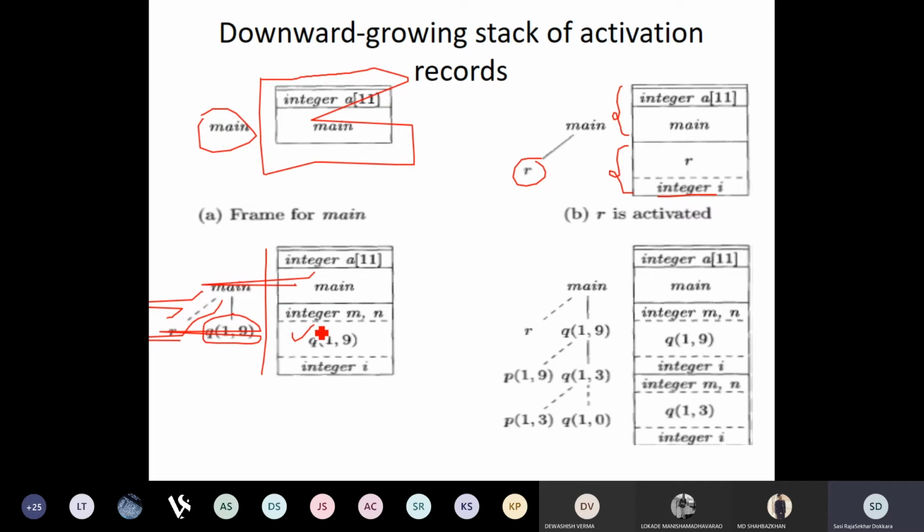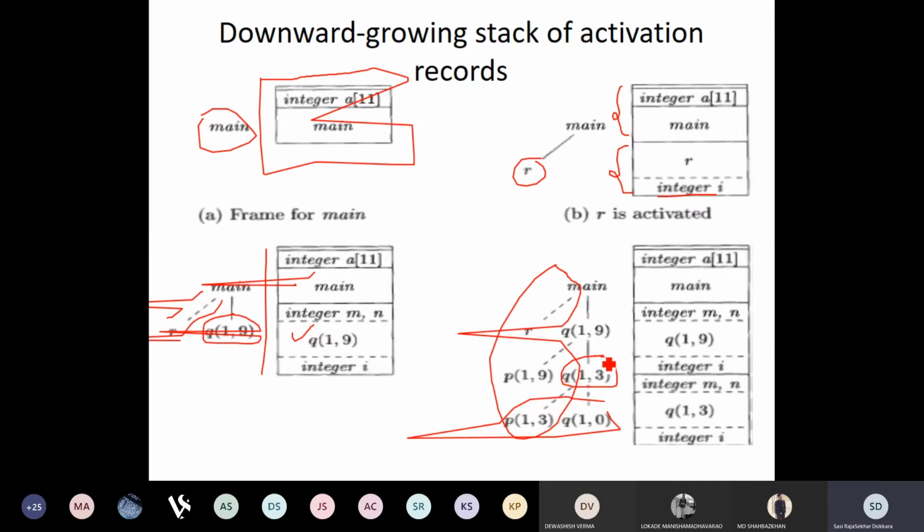This is the way in which each activation is done. The activation record in the control stack is going to change. Now we come to the middle of the activation. All these to the left of them are activations which no longer exist. They have all finished running. Now we are at a point where Q of 1, 3 is the one which is active, after Q of 1, 10 is finished.